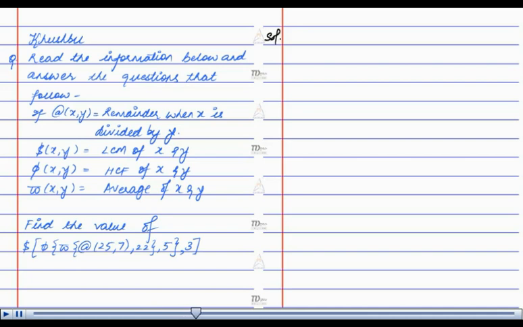We first evaluate @ of 25, 7. That is, when 25 is divided by 7, the remainder comes out to be 4. So we get the expression as $ of phi of omega of 4, 22, 5, 3. Next, solving the expression omega of 4, 22, that is the average of 4 and 22, we get the expression as $ of phi of